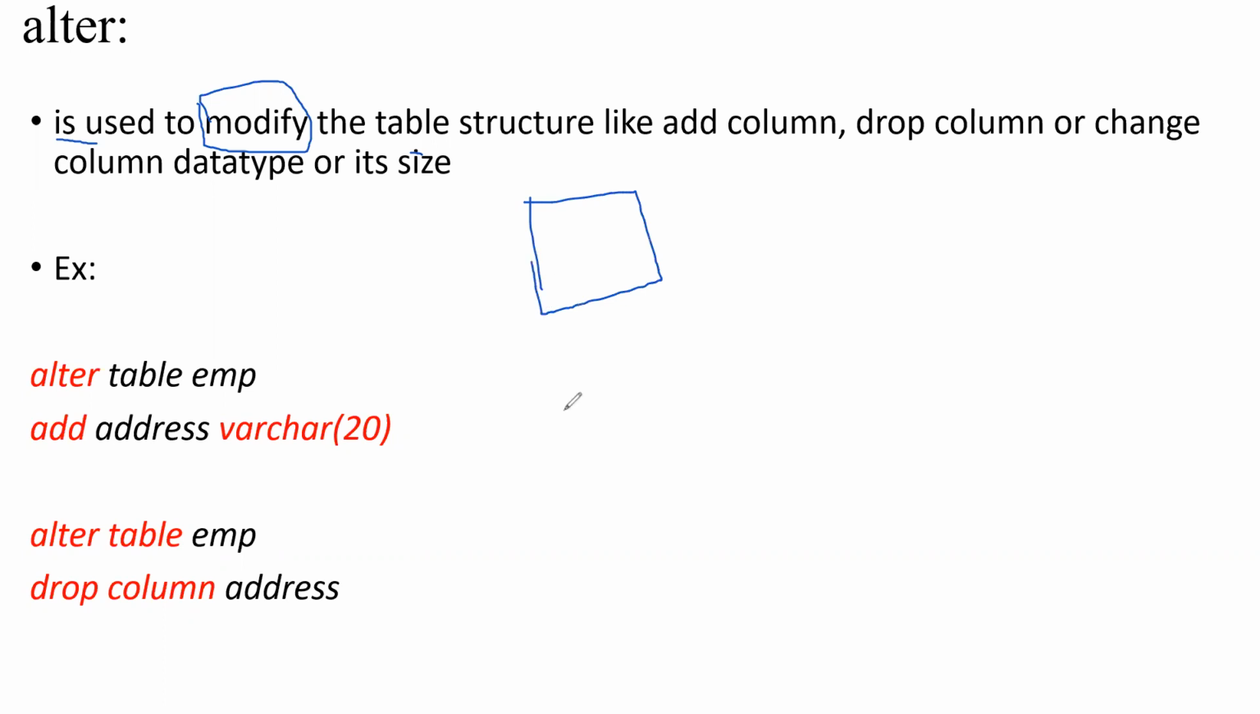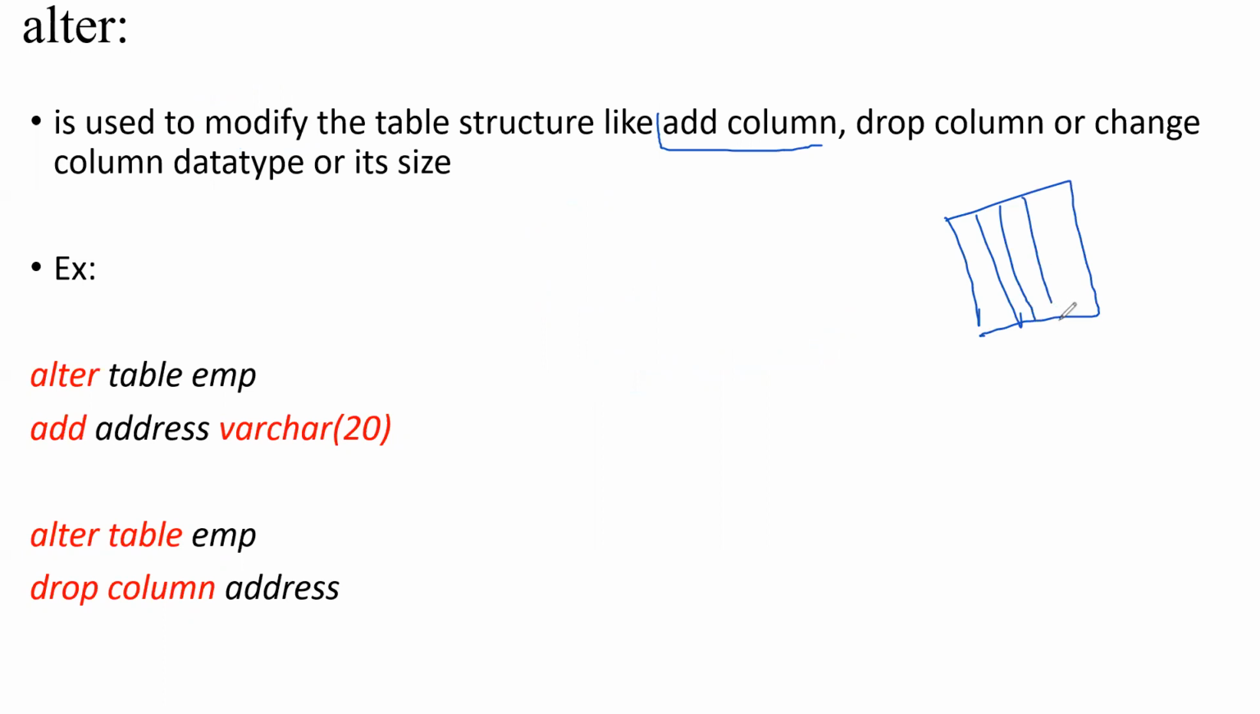Let's say this is a table structure which has rows and columns. Now, if I want to change it, how can I change? Based upon column or table. Let me clear this. First, either we can add a column. Already there is a table, and these are the columns. Now, if I want to add a column,